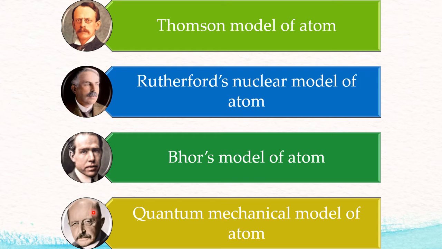But among them, everywhere we use one constant that is known as Planck's constant, symbolically h. Therefore, I have taken his photograph. So he is Max Planck from Germany, who contributed to the quantum mechanical model, and we use his factor in most of our calculations. That's why his photo is on the quantum mechanical model of atom. Let us study one by one.